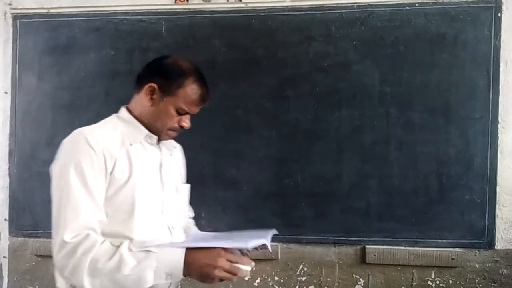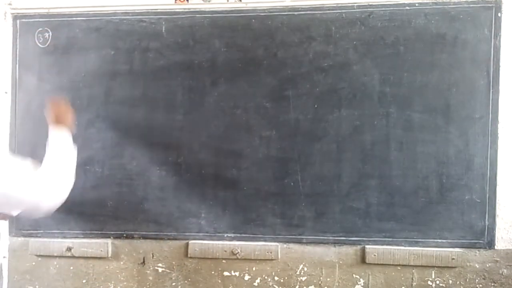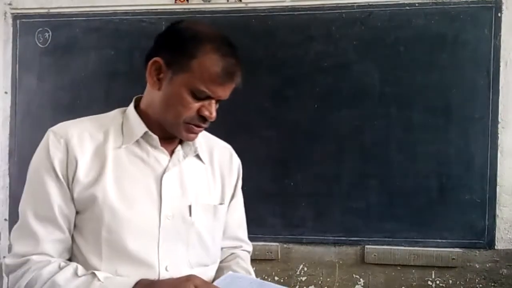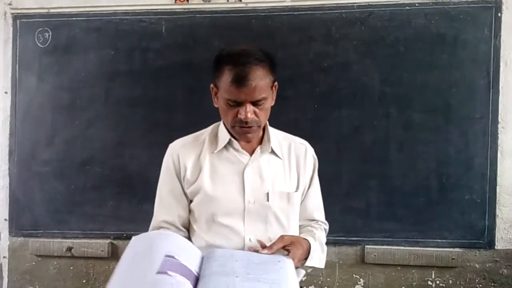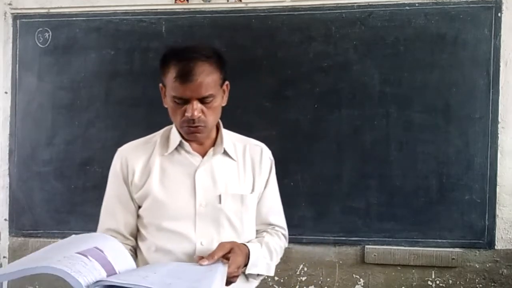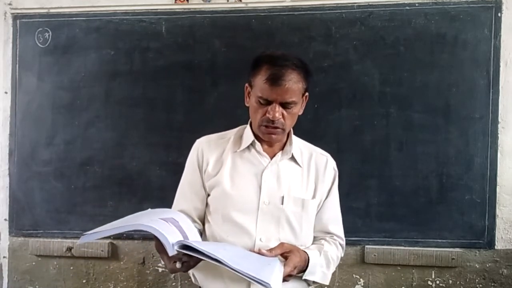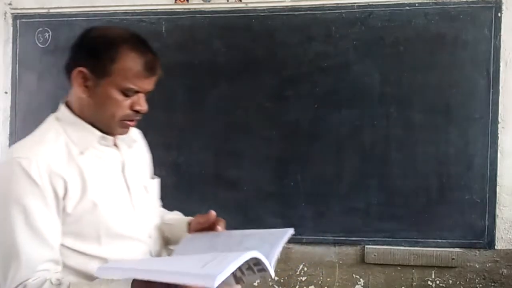Now question 37. f of x is equal to ax plus b, g of x equal to cx plus d. Assume a is equal to 1 and b is equal to 2. f circle g of x equal to g circle f of x for all x. Then what can you say about c and d? Given